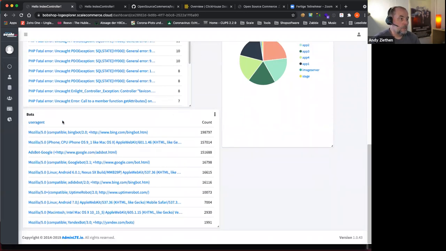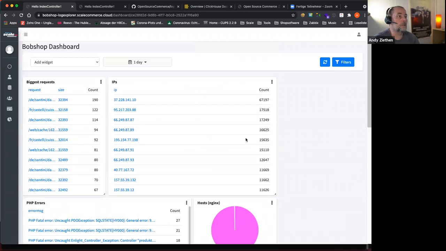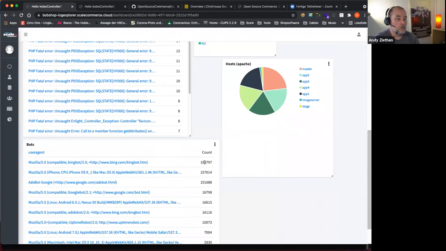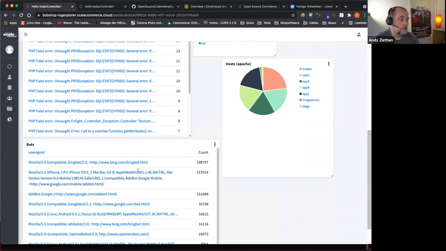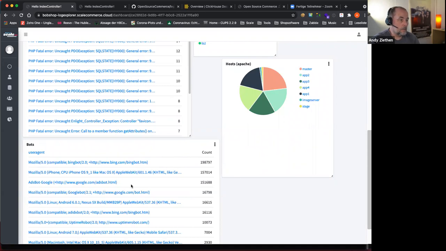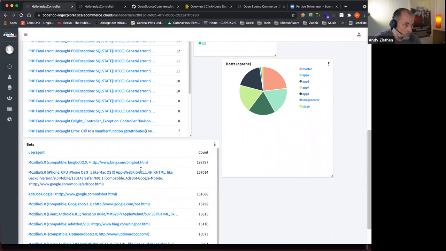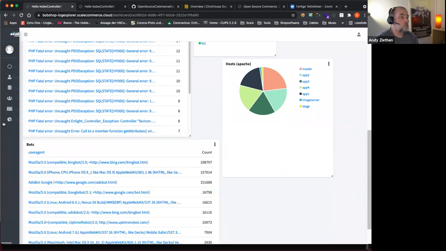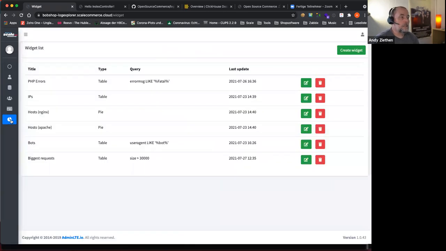And I also created a widget with bots, and you can see in this project the Bing bot is very, very active. What did we have? One day, okay, 20,000 requests per day by the Bing bot, and then another is, what is this? Google Ads bot, Google Mobile, and so on and so on. These widgets can be created easily